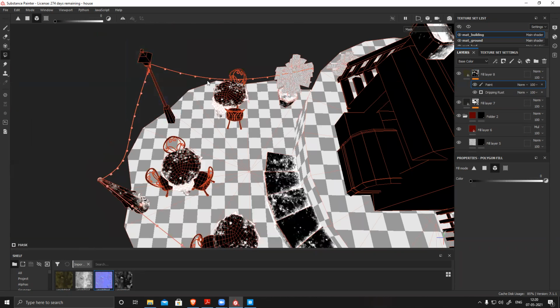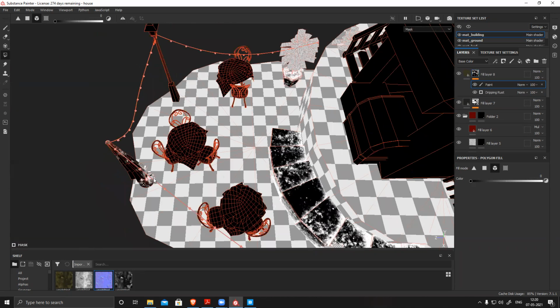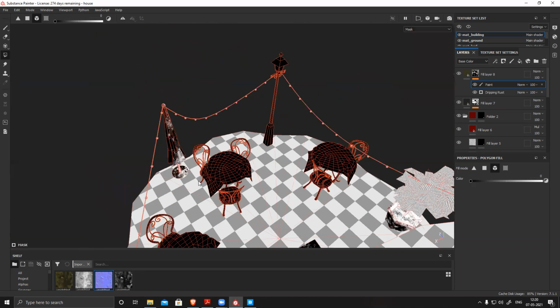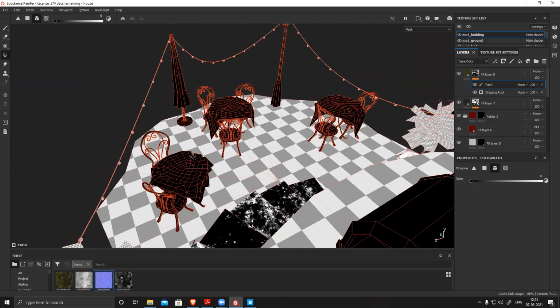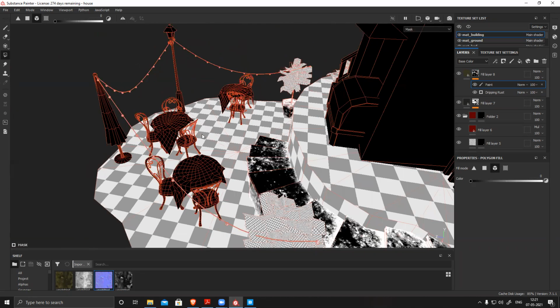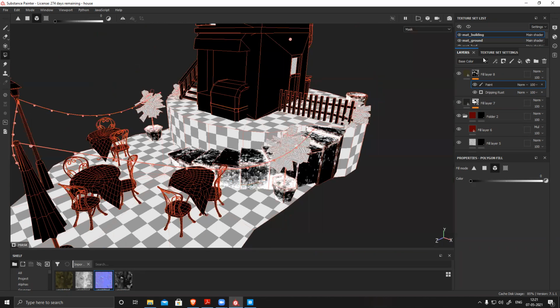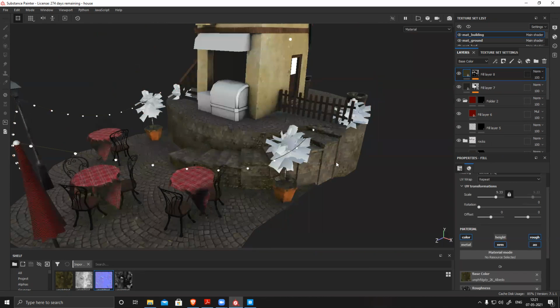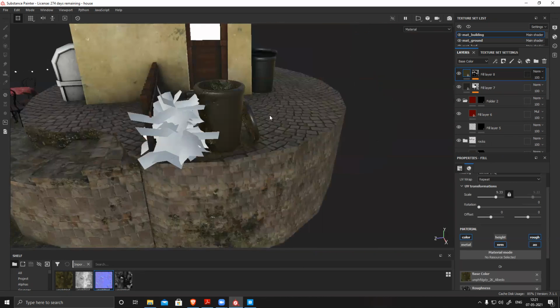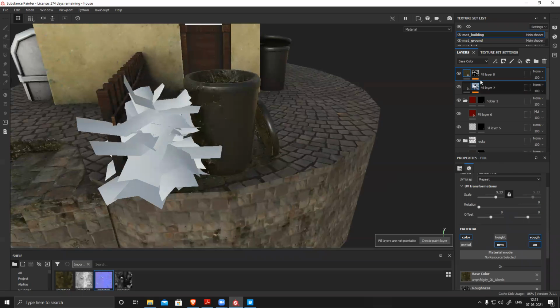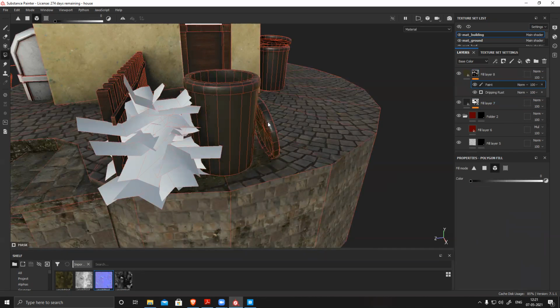Paint, deselect, deselect, deselect, deselect. Only the staircase and these pots. And this dustbin, I don't want this to affect dustbin.